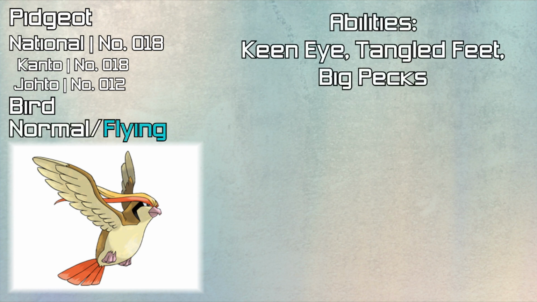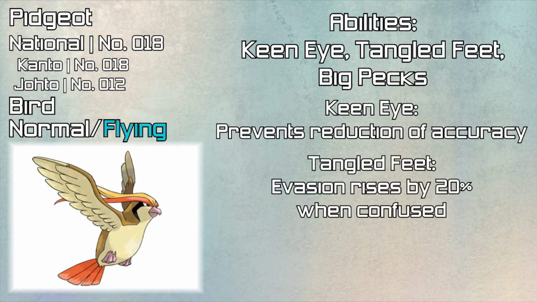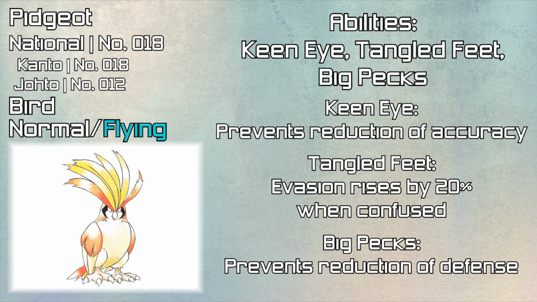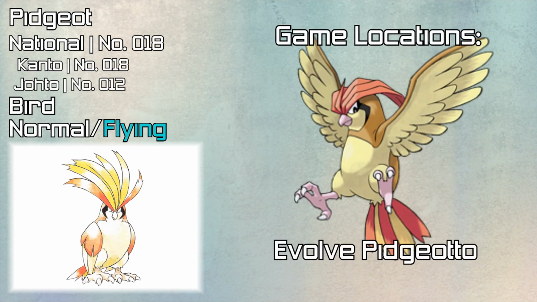Pidgeot, like its pre-evolutions, can have three abilities: Keen Eye, Tangled Feet and Big Pecs. Keen Eye prevents its accuracy from being reduced, and Tangled Feet increases its evasion by 20% when it is confused. Finally, Big Pecs prevents its defense from being lowered, but this is a hidden ability only available through the Dream World. You are unable to catch Pidgeot in the games, and the only way to obtain it is by evolving